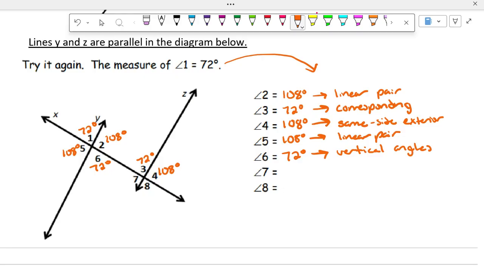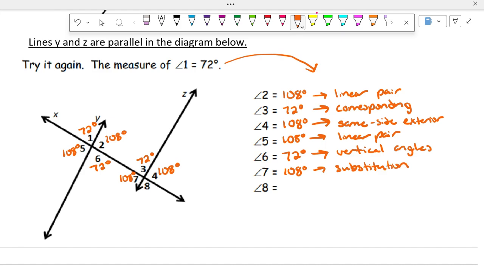What is it? 108. So this one I'll just tell you because there's no direct connection. This one would have been by substitution, at least in relationship to angle 1. If we were talking about from 4, you could either say it was vertical to 4 or linear pair to 3. That's another way you could have just seen it. But in relationship to 1,